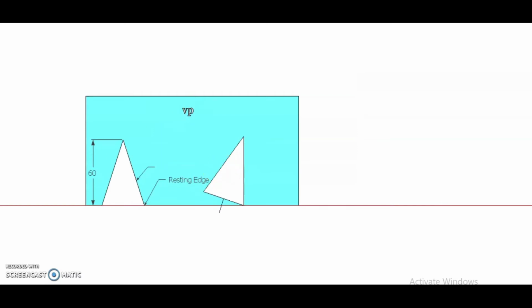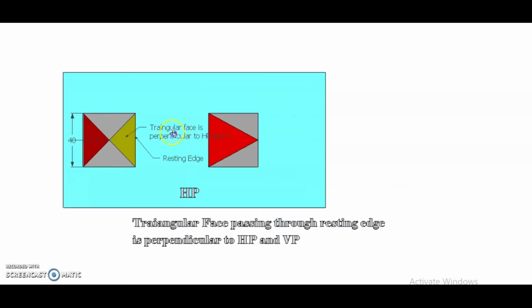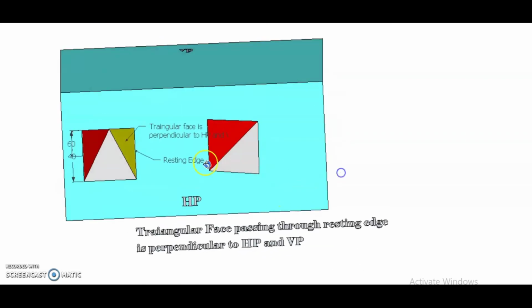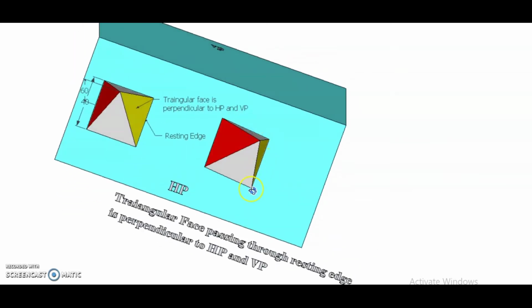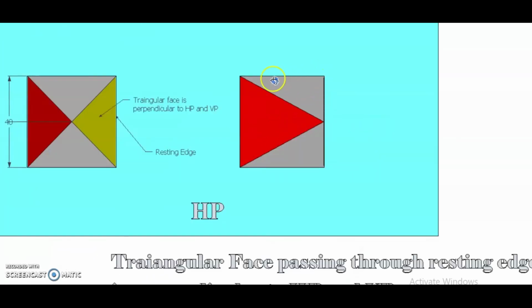Now in tilted condition, this triangular face and this triangular face are clearly visible. Now what is hidden? In this case, though this edge is not visible, it will coincide with this slant edge. So for top view, in this case there will be no dotted lines.